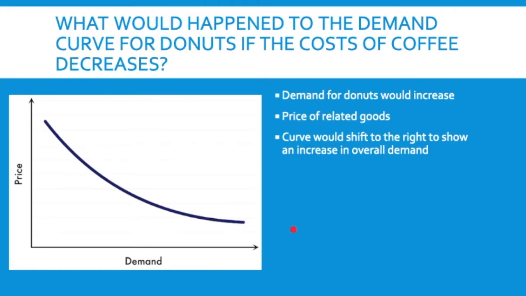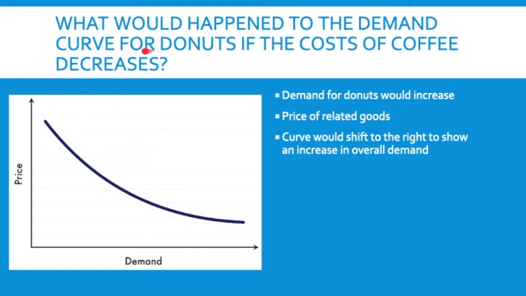People will buy more donuts because people are buying more coffee. So the price of coffee decreases. It doesn't mean the line for coffee, if we're going to draw another line here for coffee, would change, but we just move up and down the line. Imagine the price was $4 and this many people bought it. Now it's $2, and this many people bought it, so that line wouldn't change. You just move along that line to show a quantity change for price.